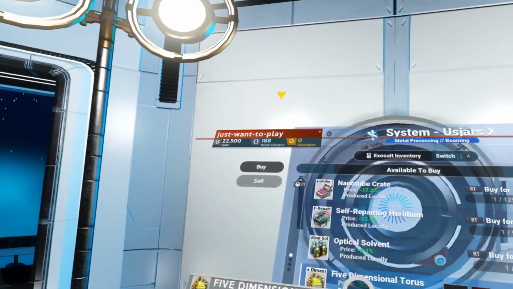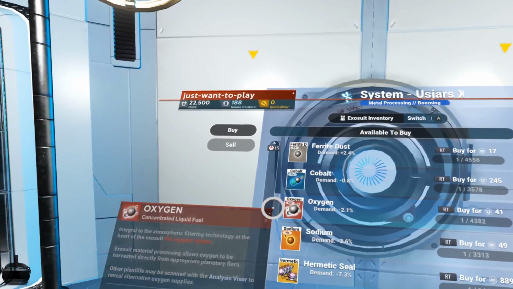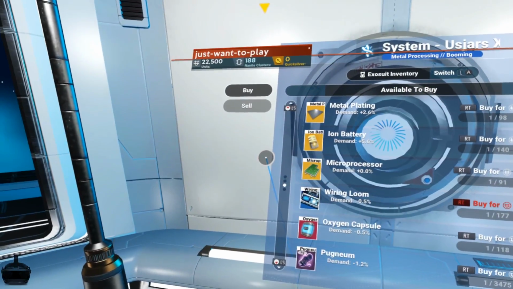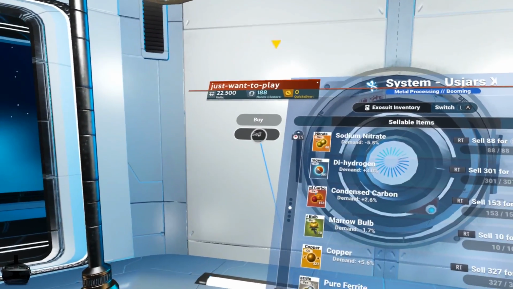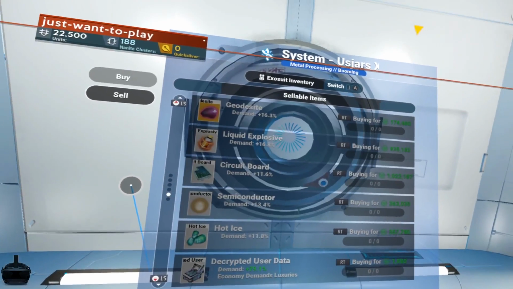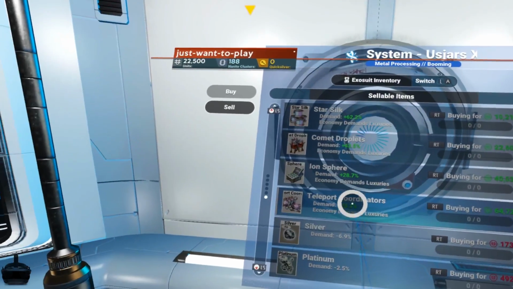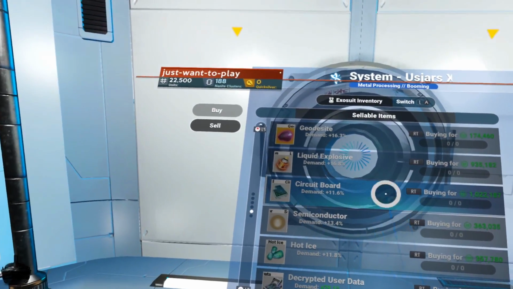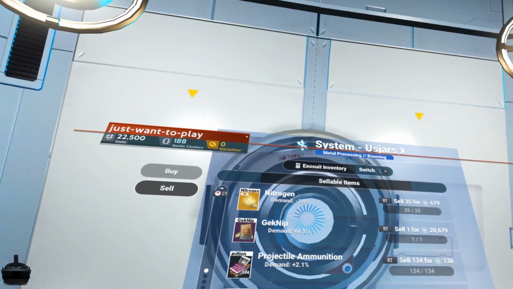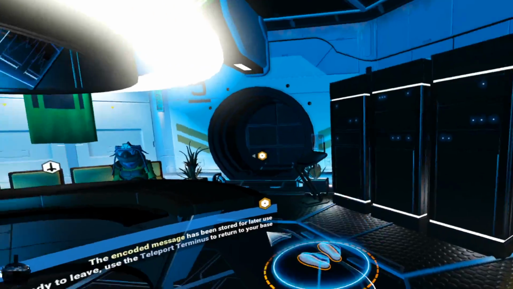So now, this is where you can buy stuff and sell. These are very expensive, but sometimes you can buy some interesting stuff. So there's definitely stuff in here that would be nice to sell if I had it. Imagine this having 1,000,000 units from 22,000. Okay, so I don't have anything I can really do here. Is there anything I can...